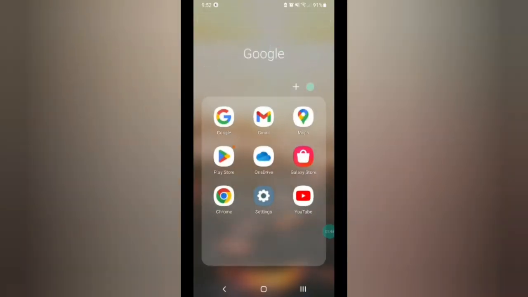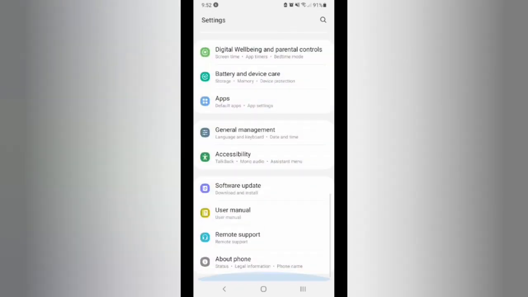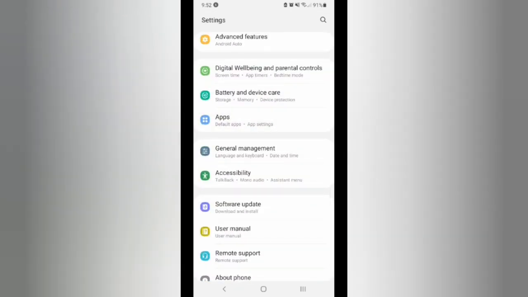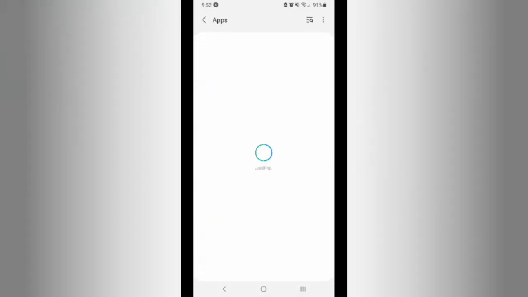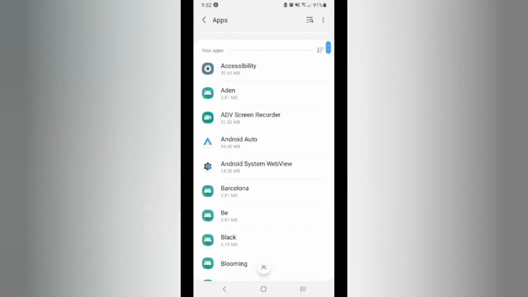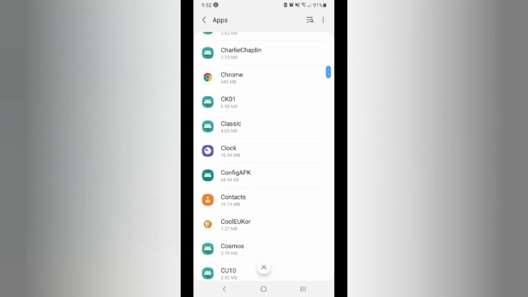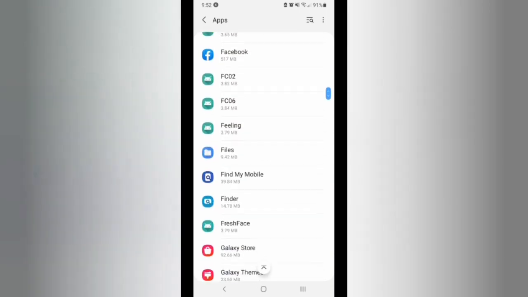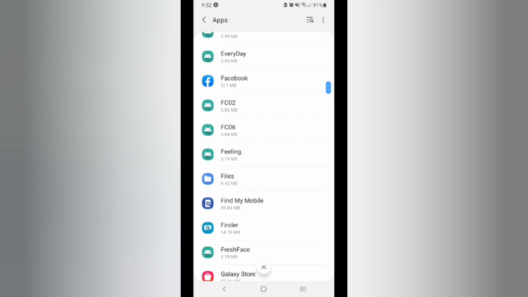But if it still doesn't fix your issue, what you have to do is go to your mobile settings, and here you have to scroll down and go to the apps and management. Now here you have to search for the Facebook app. Click on the Facebook app, and once you click on it, now at this interface you have to go to